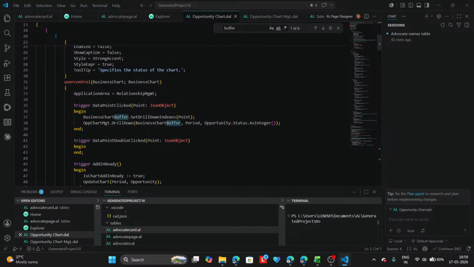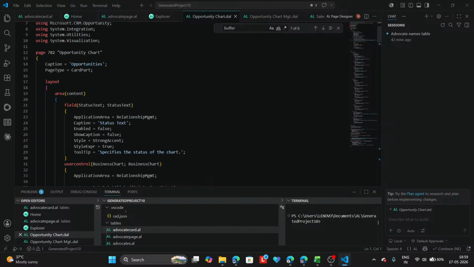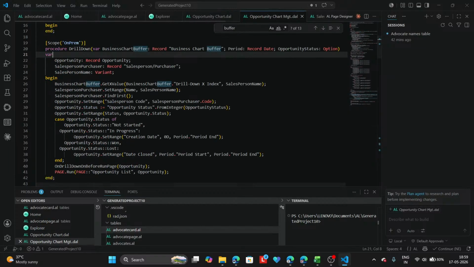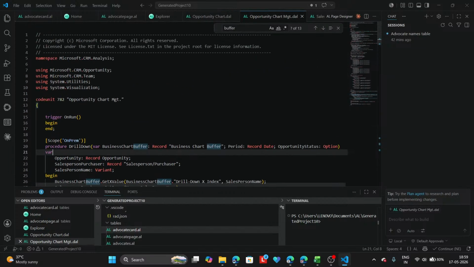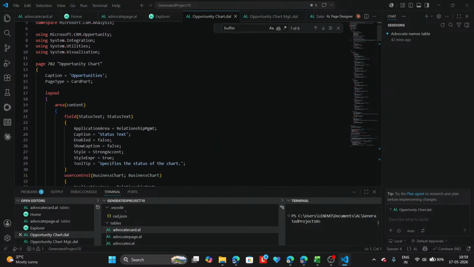So this is like business chart, application area, relationship management, trigger, data point, flag, and JSON object. So this opportunity chart management is being called by here. So this is called